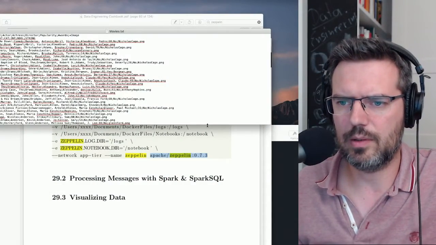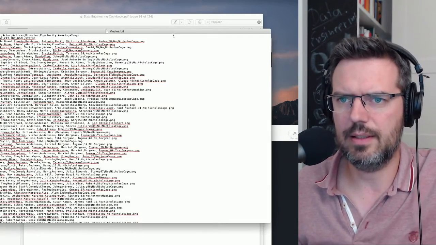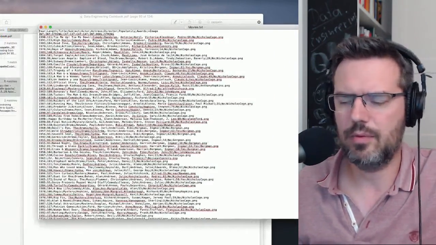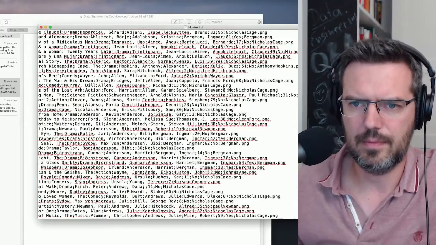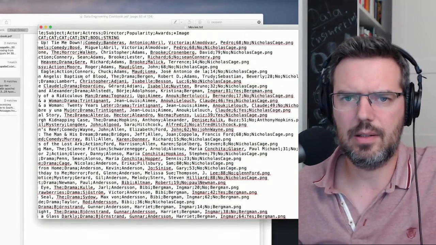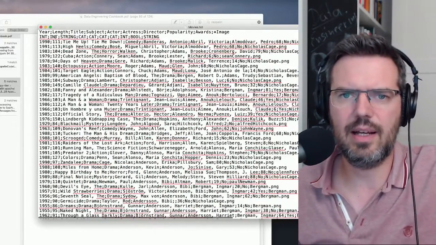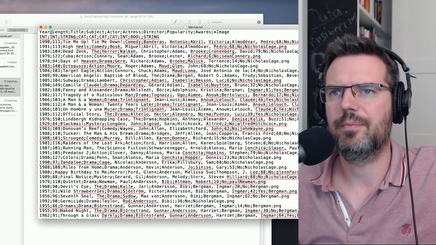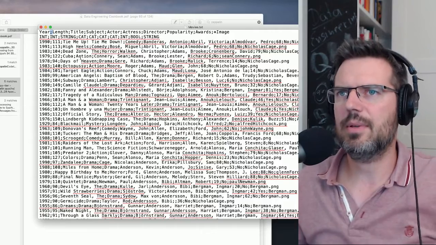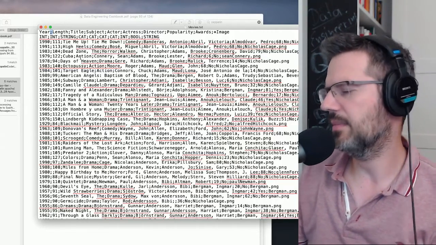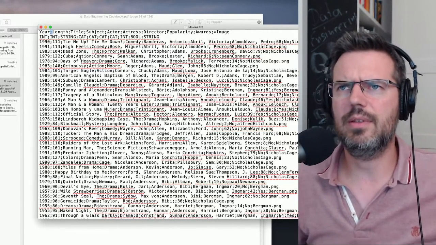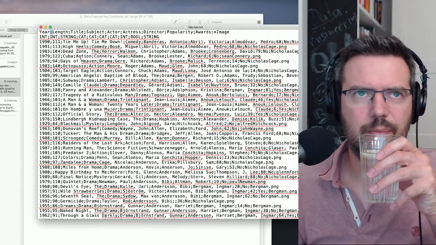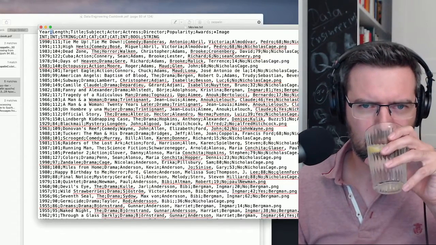What we are going to work with is this file. It's basically a movie database. It's a CSV file, so it's semicolon separated. It's very interesting.